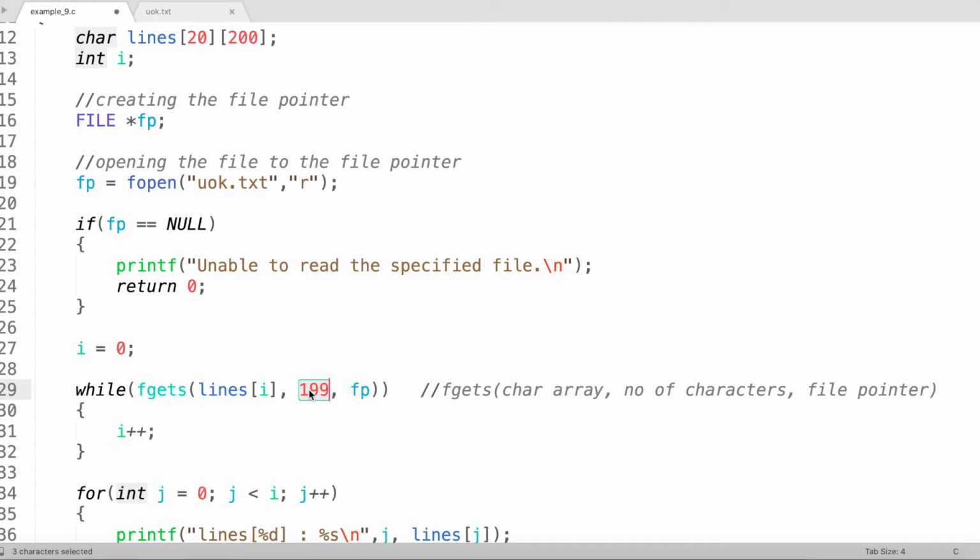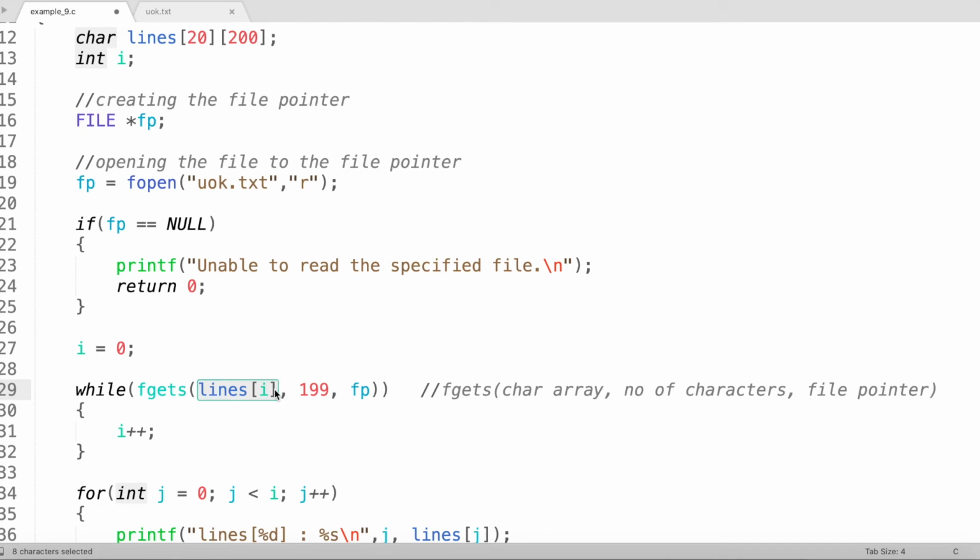So when the fgets command executes in a given program, it will try to read the 199 characters from the given text file. But before reading 199 characters, if it reaches a new line character, then it will stop the character reading at the new line character, include the new line character in my lines array, and delimit that character sequence.